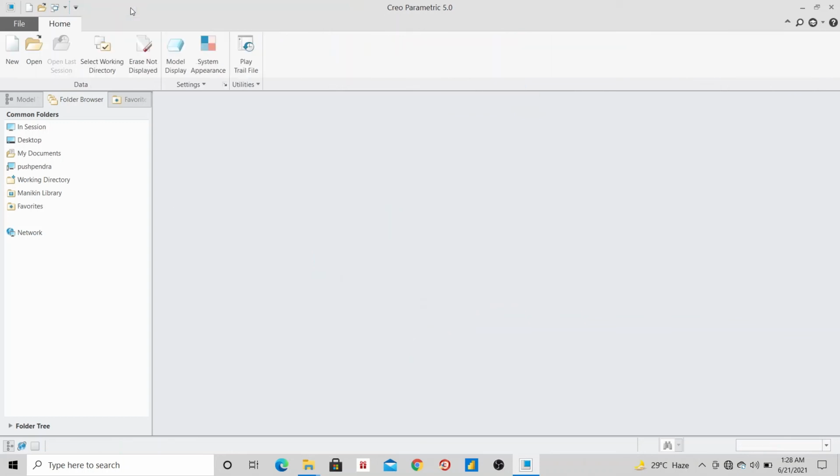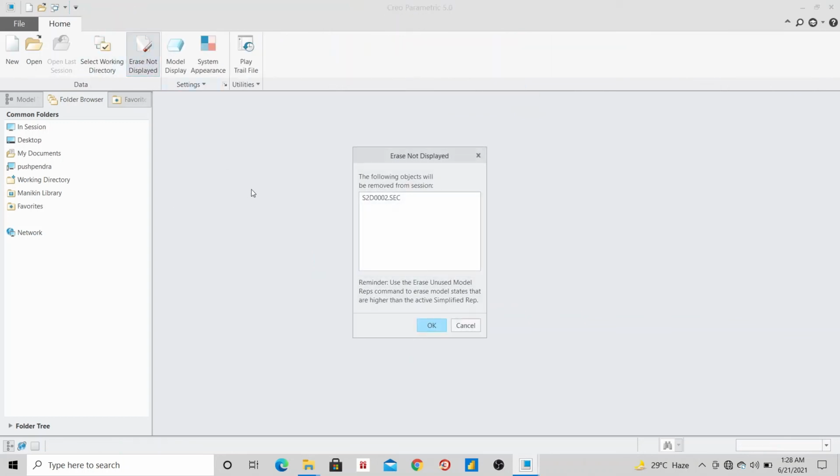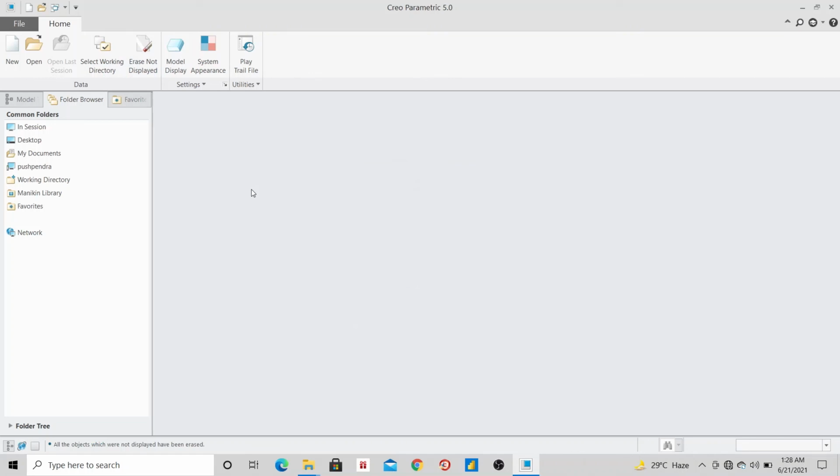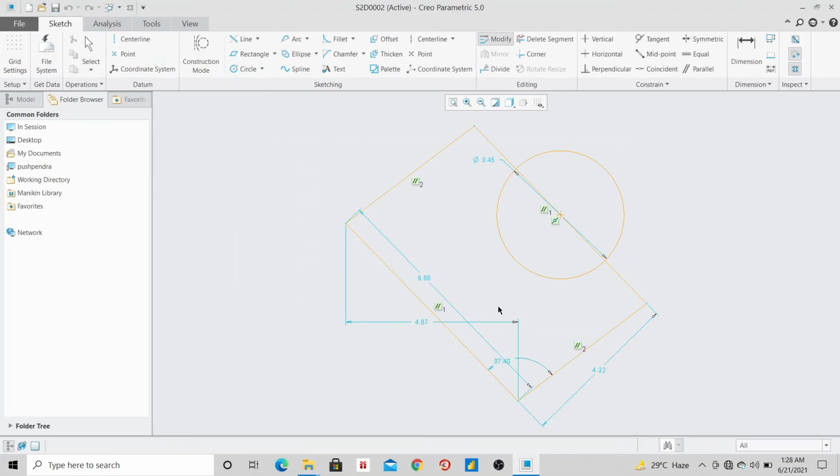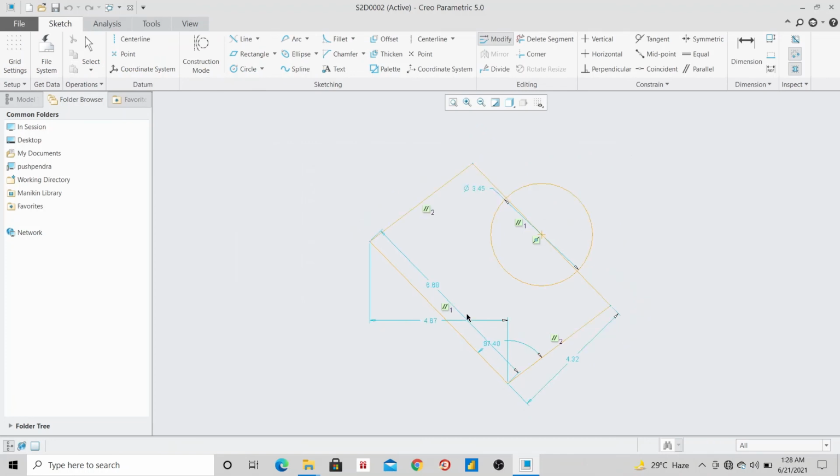So if you want to open that previous version of your sketch, what you need to do is go to open, drop down the tools, select all versions, and now from here you can open what was there. See, my last sketch was without circle, but before that I had saved a sketch where there was circle on that rectangle.